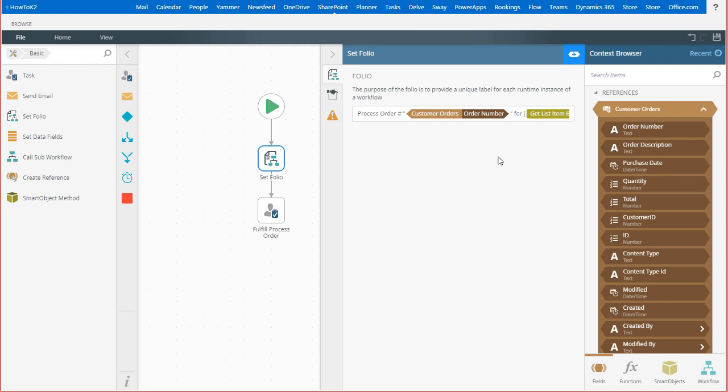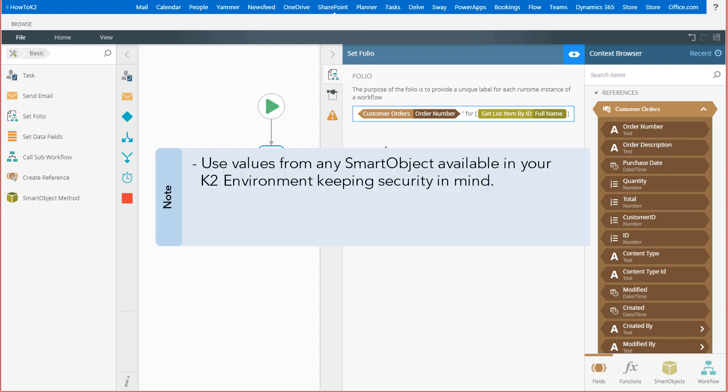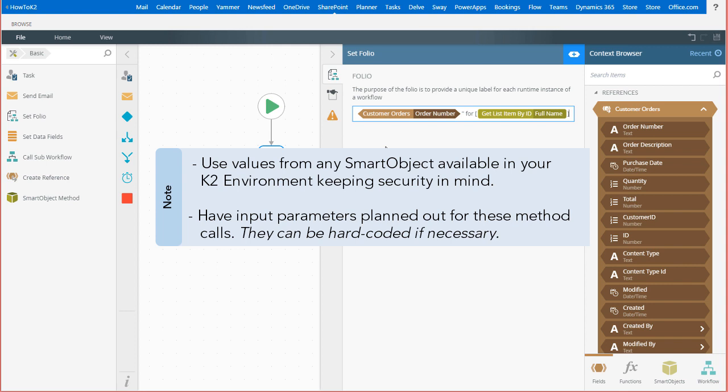That's pretty much all you need to do when you want to use values from smart objects within workflow steps like this one. Keep in mind, you can use values from any type of data source set up as a smart object. You may be prompted for method input parameters when doing this. Be sure to have a reference to values that can be used as inputs for these method calls when you're